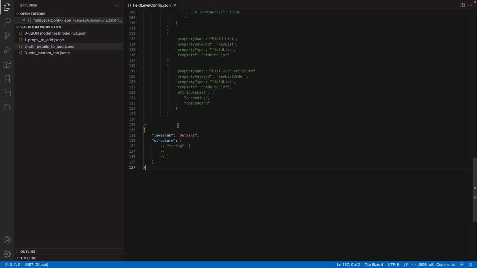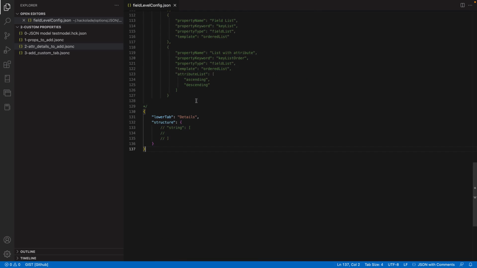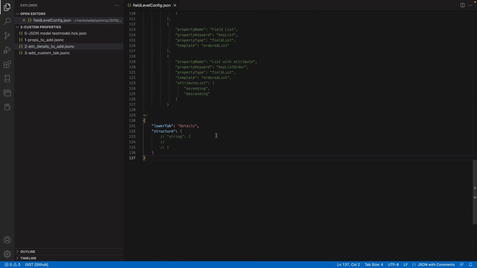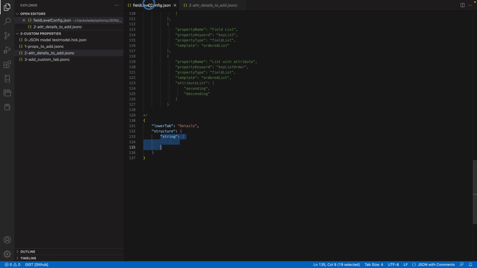Properties Pane, right? So what you see here is another JSON document, and this JSON document has the same structure, with lots of mock-up information here, but here at the bottom there's a couple of really good parts that we need to edit in order to customize the field level properties. Now I'm going to uncomment this, right? And I'm going to add a new piece to this where I can actually say, okay, these properties, these attributes of my data model are going to be very specific and are going to be